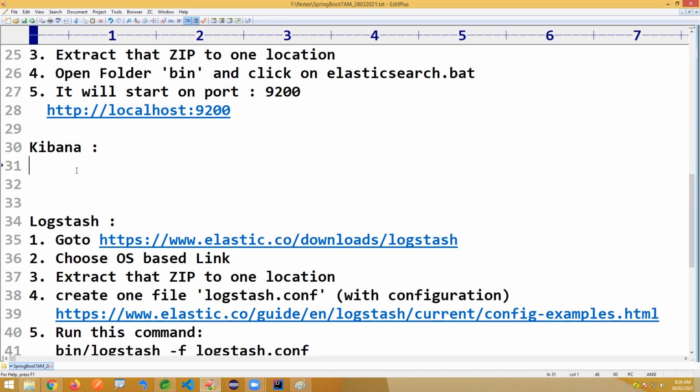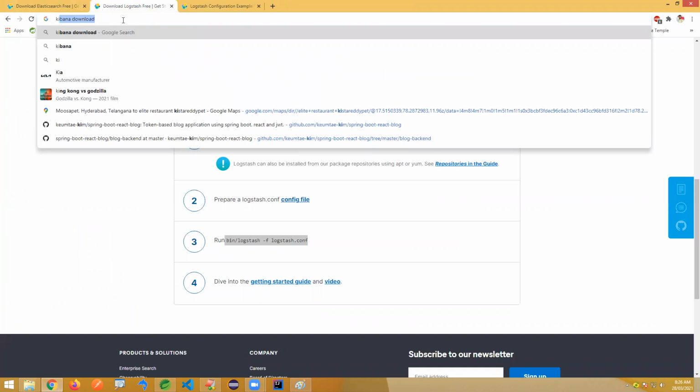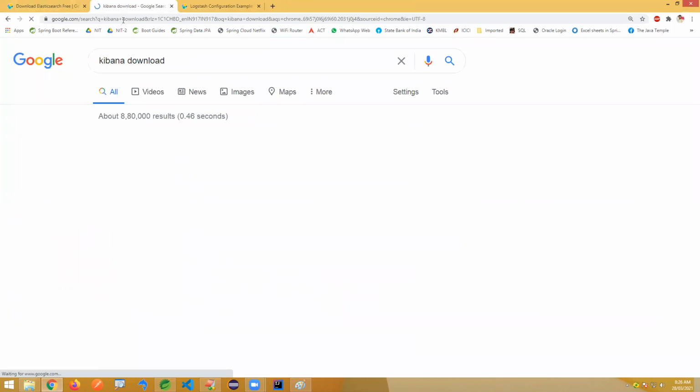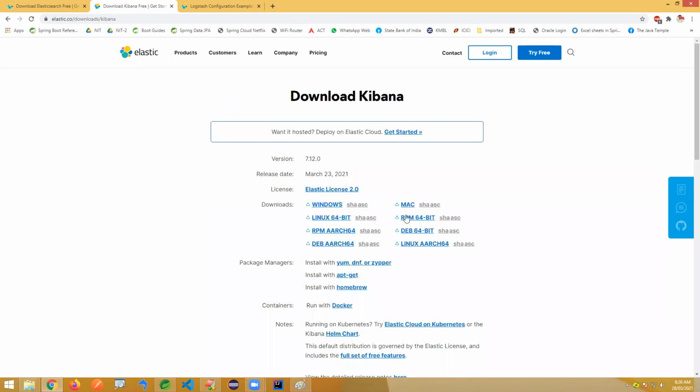Again, go to the Kibana download location here. There you will get some basic commands on how to run it. The Elastic host is there, pointing somewhere. Run the Kibana batch file, pointing to a particular URL. They also provide some basic setup steps if you go to that software.